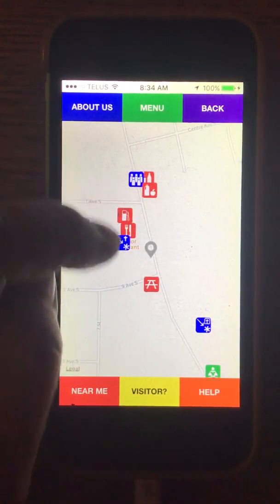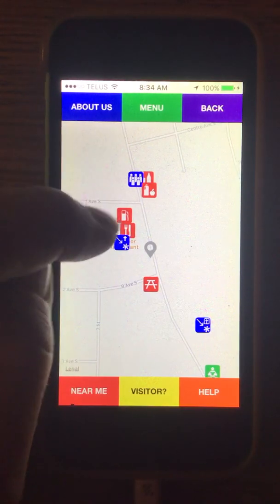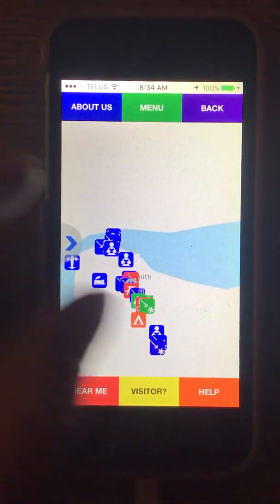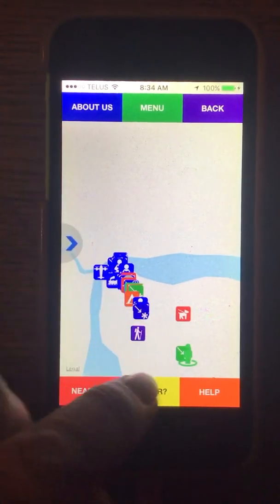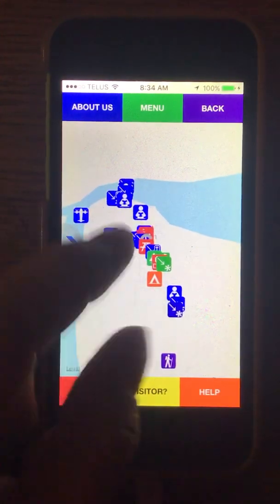And it shows you different things within the community: the grocery store, the liquor store, little community history, gas station, picnic table, and the smaller you go, the more you see. And again, that's where I am in relation to Smith. So each one of those icons